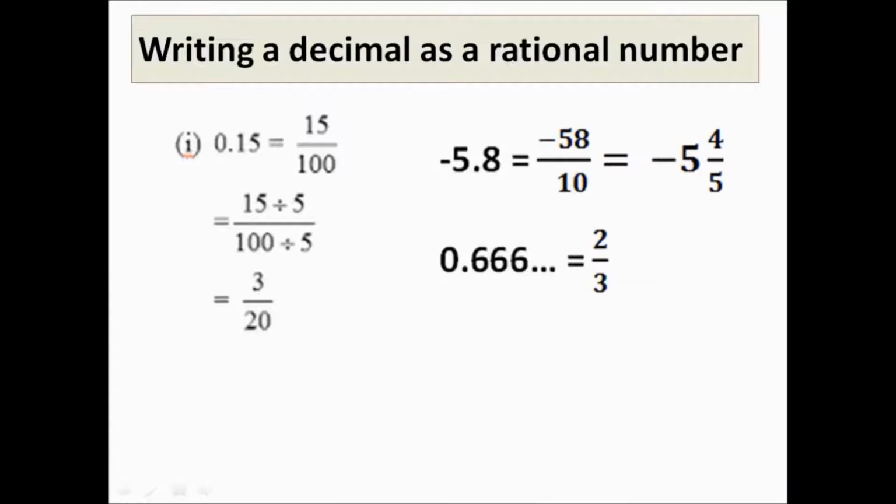There are decimal numbers which are non-terminating and non-repeating. For example, pi equal to 3.1415926535 and 3.01002000400005 and so on. They are not rational numbers. They are called irrational numbers. They cannot be written in the form p by q. You will be learning about irrational numbers in class 9.